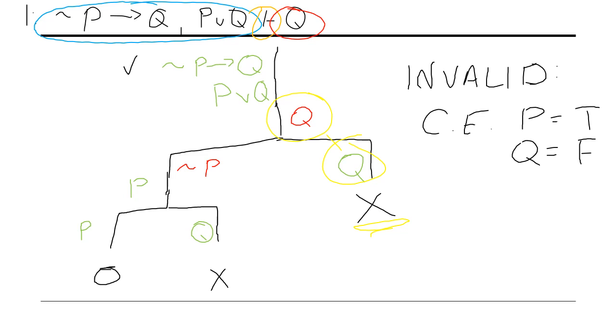And then I wouldn't have had to take this one and put it down here like I did before. It's not necessary at this point because it's automatically going to close off whatever follows below it. So it's a little trick that you can use to make your truth tree smaller,